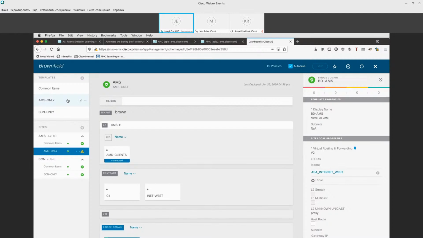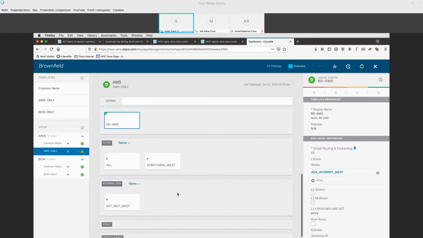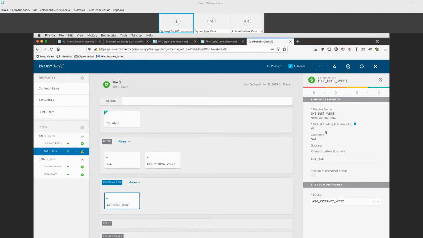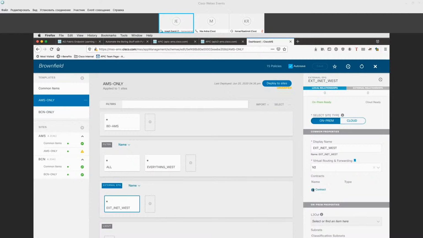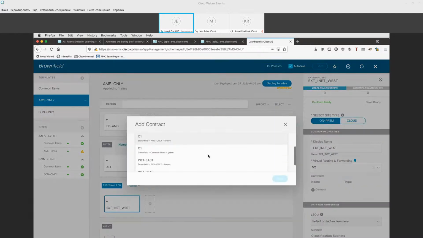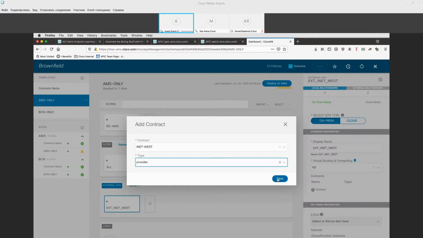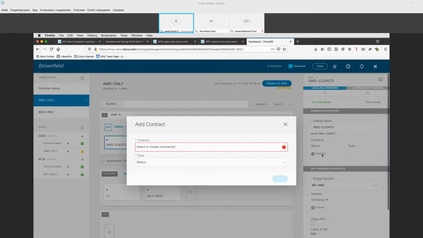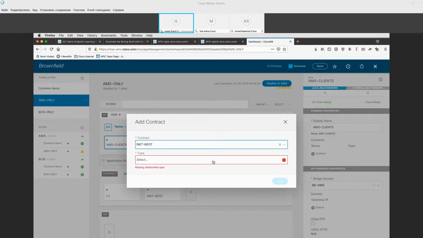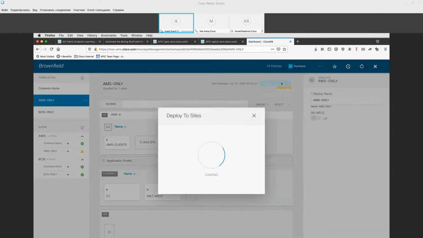I also need to, well, if I look at the contract here, the external EPG doesn't have a contract yet, so let's actually do that. So the external EPG is going to provide a contract that I created already called iNet West. He's going to be provider, okay? And the AMS client is going to be the consumer of the contract. So Internet West as consumer. And if I deploy to sites for Amsterdam,